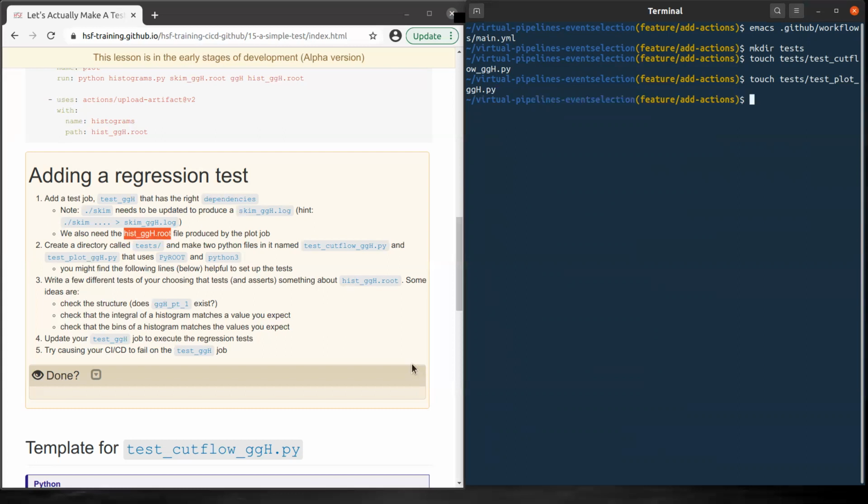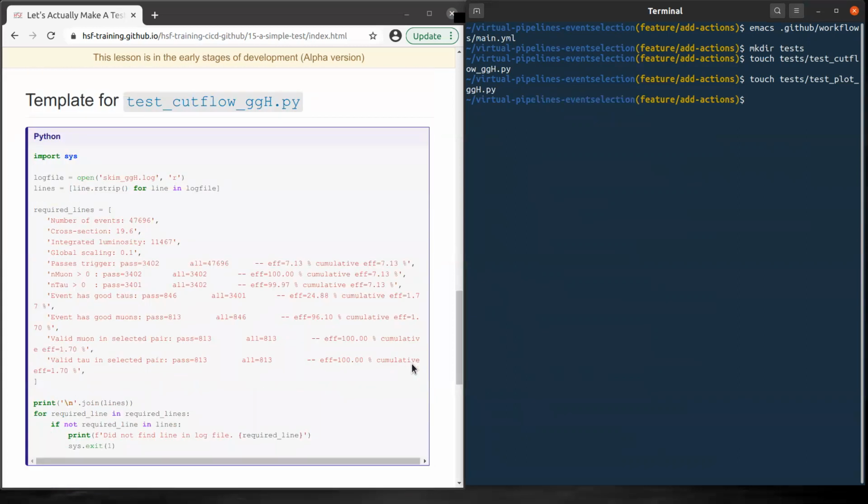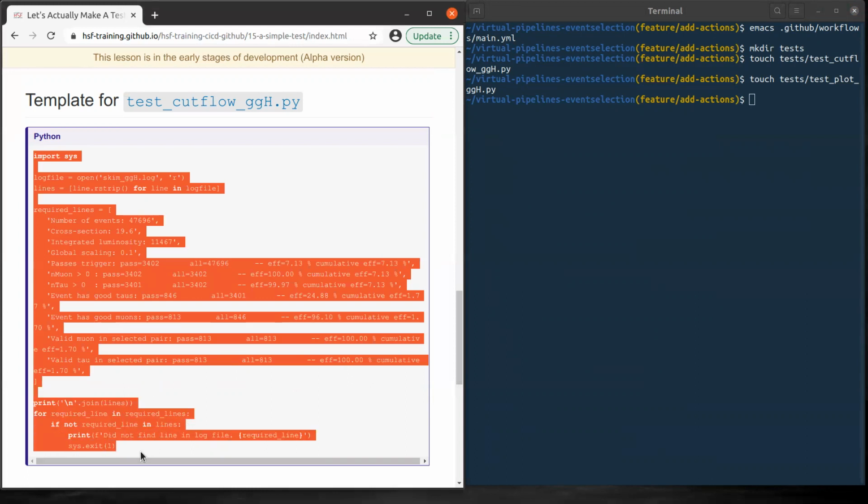Okay, so feel free to copy paste here. As you can see, we have instructions of the content here. This is the content of the Python script. You can just copy paste.